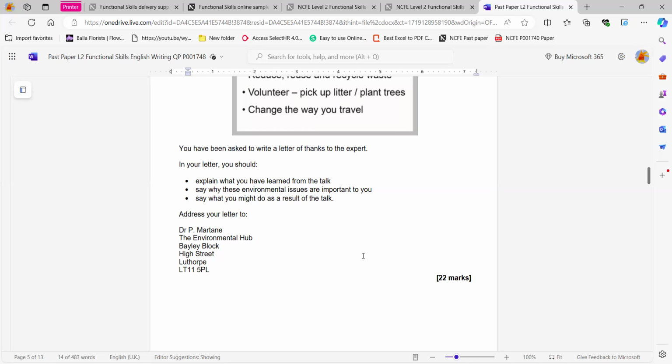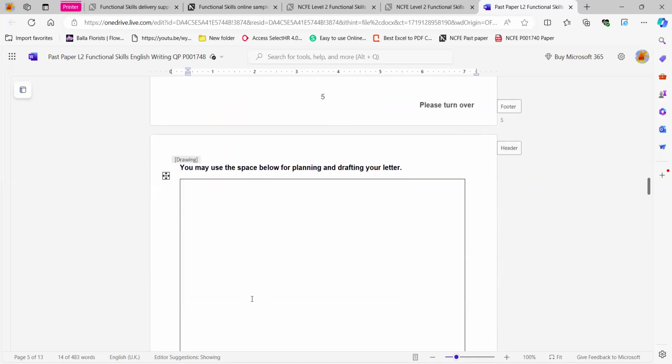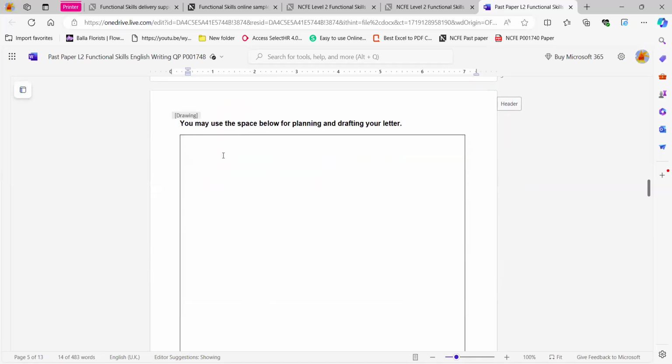Okay, so you've read your task, you've read what information they want you to include, and now you're going to plan it. So you will be given some paper to write on if you want to plan the task. Now, once you know what type of document you're going to have to write, then it's worth just making a quick note of the features so that you don't forget anything. So for a letter,